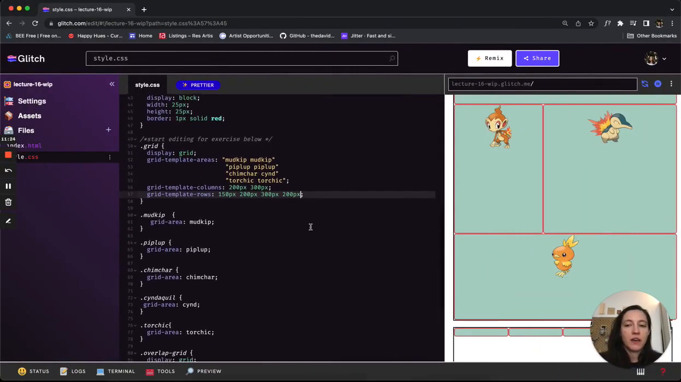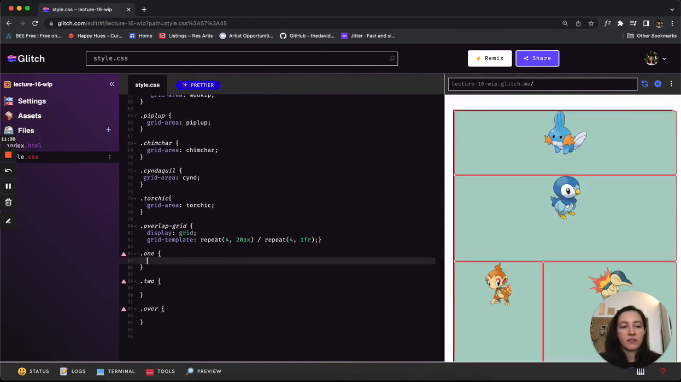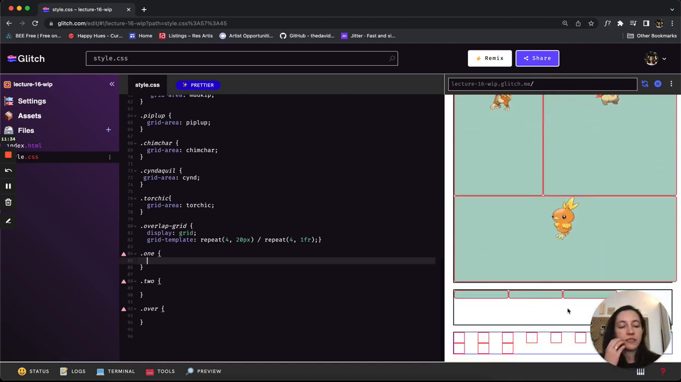So we're going to go into here and we're going to say, oh, first I'll show you the thing. So we're doing these down here. This is the grid that we're working on for the overlap. I've got 3 little cells inside of here. Right now they're equally divided. Okay, and so for 1, I'm going to say